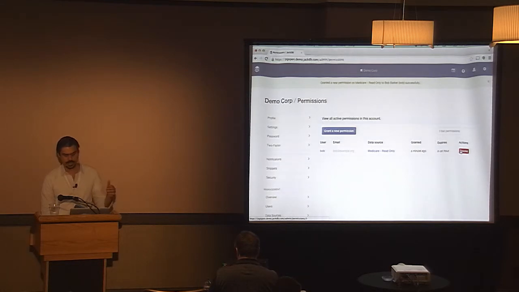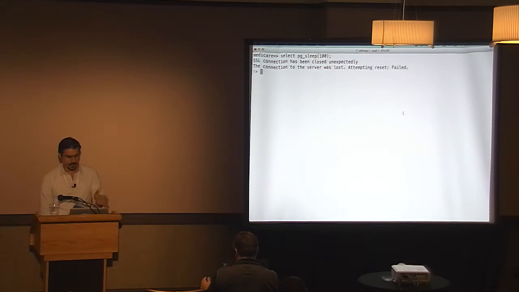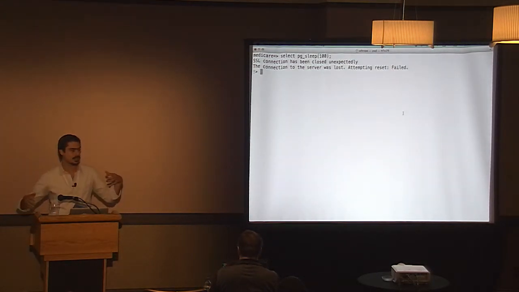You actually want to be able to cut it off. So if I revoke this access over here, it immediately kicks him out because it closes the connection. Because by having the proxy in between, whether it's through the web interface or through the proxy interface, you have the ability to not only introspect what's going on in the connection, but to actually control and turn them off immediately. You don't have these tails hanging out all over the place.